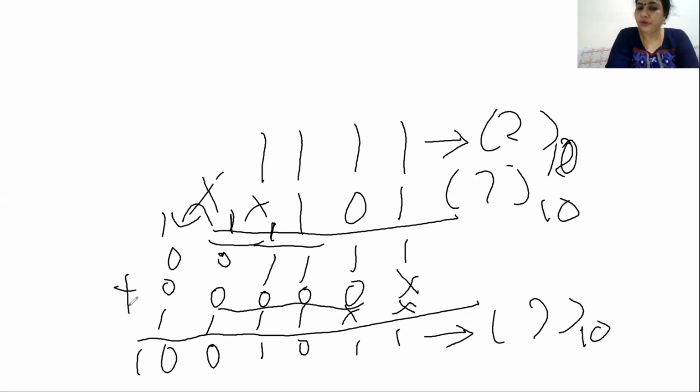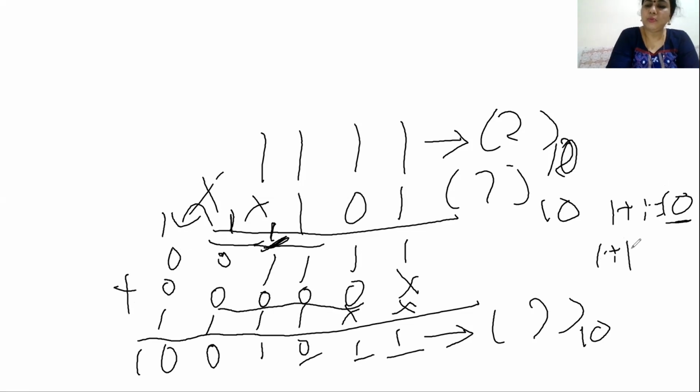So what you have to do? You have to do the addition. So 1 plus 0, that is 1. 1 plus 0, it is 1. 1 plus 1, that is 1 0. 1 plus 1, that is what? 1 0. So your 0 you put and 1 you have to carry to the next column. Okay, so 1 has to be carried here. Then 1 plus 1 plus 1, what will it be? 1 1. Okay, so 1 I have to put here and 1 I have to carry again to the next column.